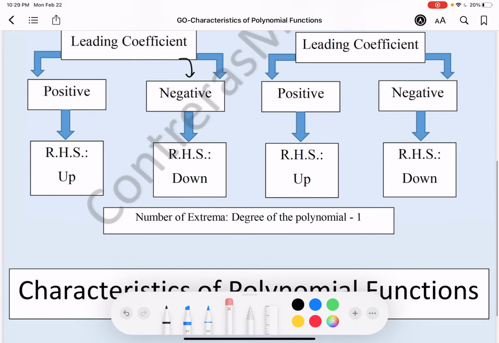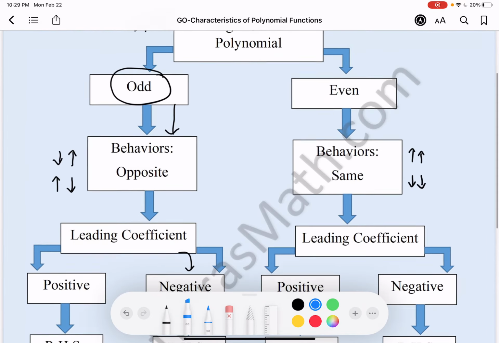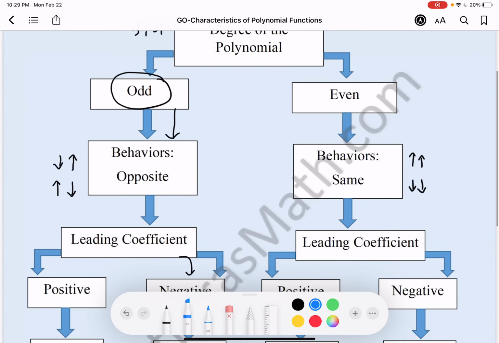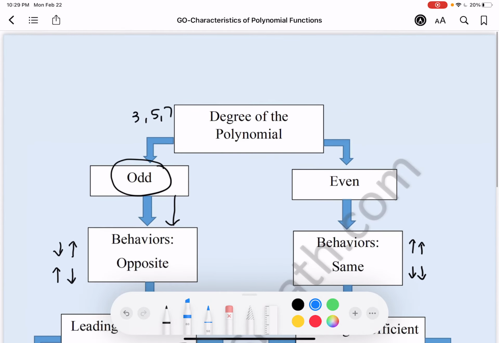And then the number of extreme points, the number of extrema, is the degree of the polynomial minus 1. Okay, so I'll post this on your Schoology page. It'll be called, like the title says up here, GO for Graphic Organizer Characteristics of Polynomials, just in case this does help you. Okay,